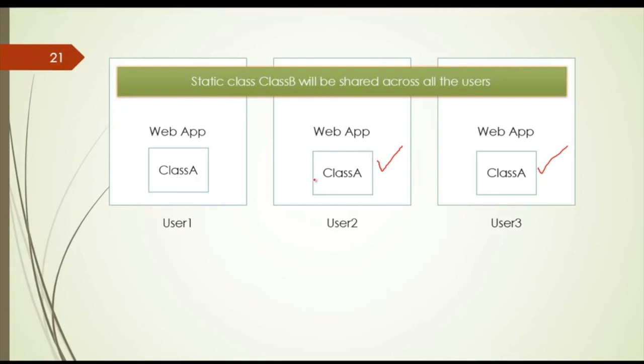And these are all separate instances. Everyone is going to occupy memory for class A. Class A will be replicated 3 times for 3 users, but class B will be shared. Let's say user 2 is gone, so the class A for user 3 is gone, and so on. At last, when you have no user, or when you practically close your application, your static members will go. That's it.